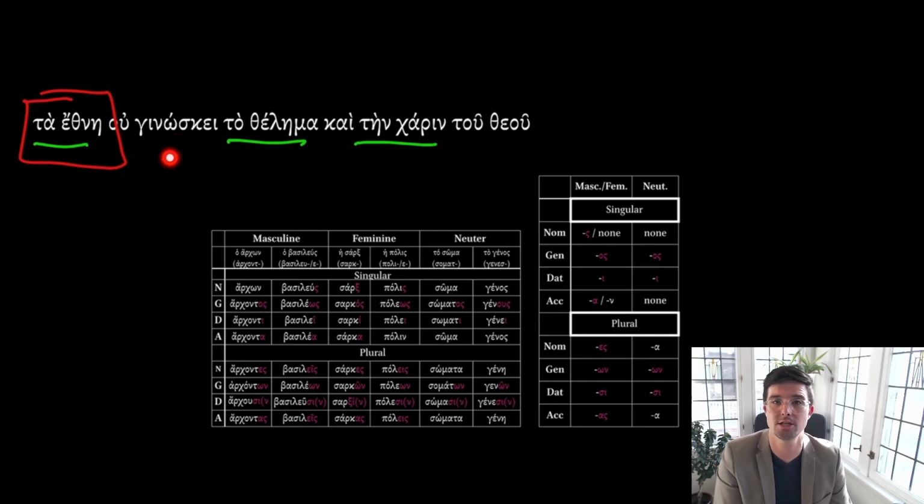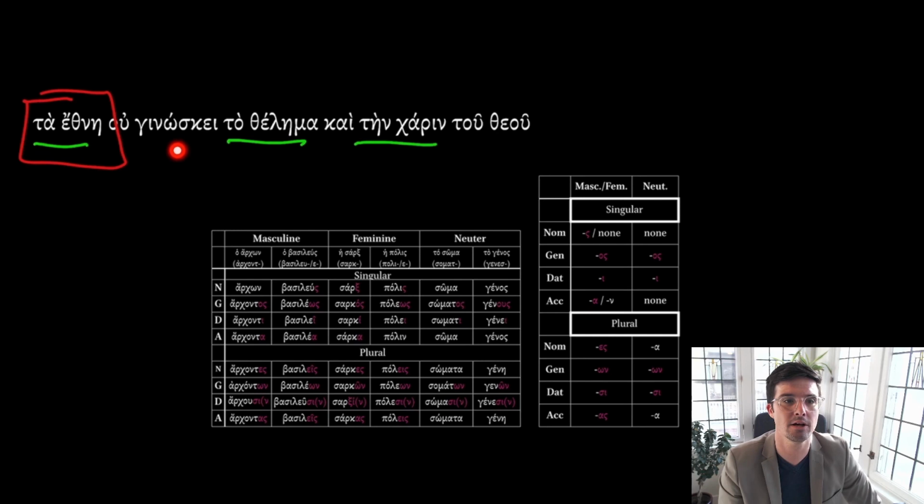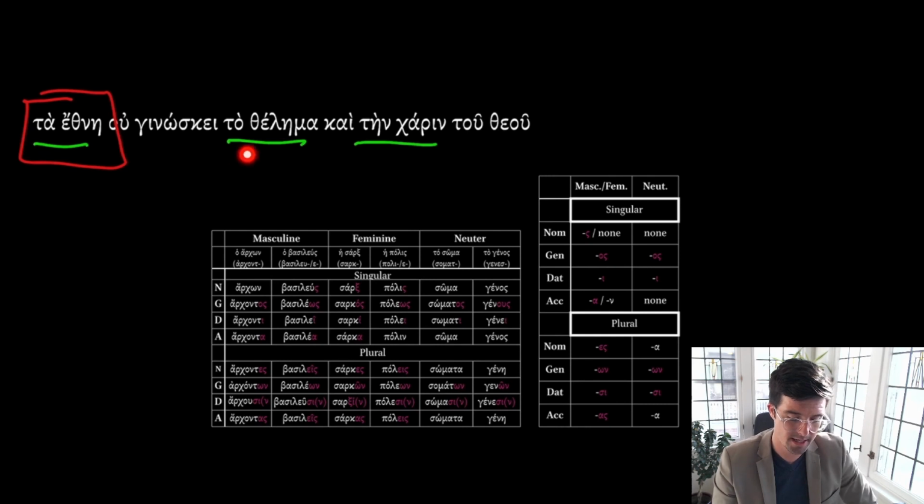And a bit of a trick question here. Not really a trick question, but a tricky question. Why do we have a singular verb, but we said this is a plural subject? Why a singular verb with a plural subject? I'm very glad you remember that. A neuter plural subject will take a singular verb. So even though this is plural, because it's neuter plural, the neuter plural is often going to have its verb in the singular, the third person singular. So the nations as a collective group don't know, and what they don't know is ta thelema and tain karin